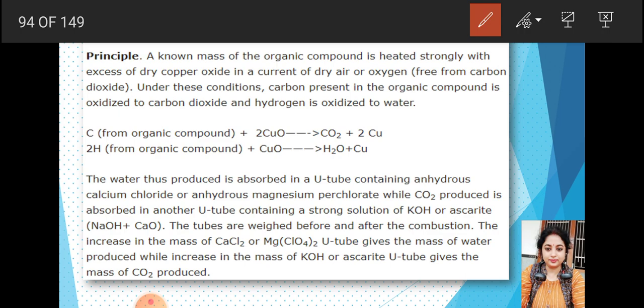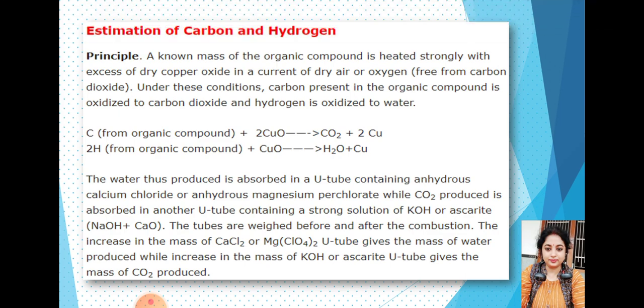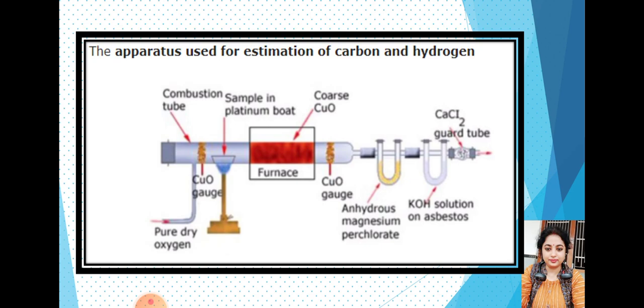So first let's see the apparatus. This will be the apparatus by which we will determine or estimate the carbon and hydrogen by mass. Calculation also we have to do. This apparatus will not give you the amount. This will just give you whatever the mass is coming. The rest you have to calculate: how much we have taken, how much we are getting. So by the unitary method simply you will do the calculation and you will get the percentage.